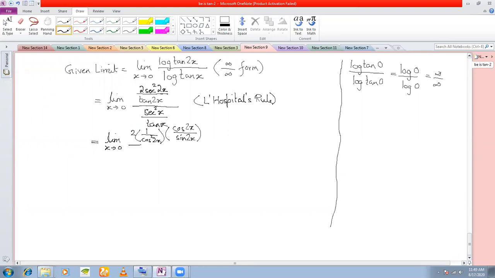Okay, by sec square x is 1 by cos square x, and again you have cos x by sin x. Okay, so here what do we get? Cos 2x cancels here, and here cos x cancels. Okay, so you're getting limit x tends to 0, 2 sin x cos x